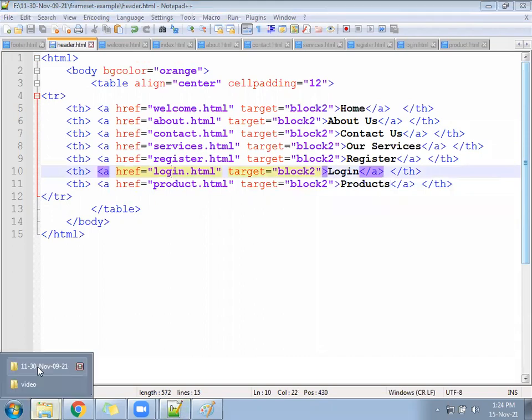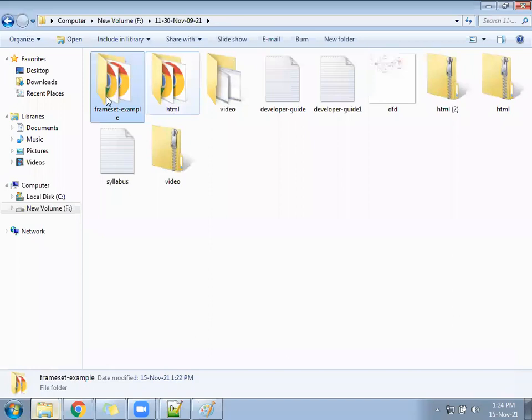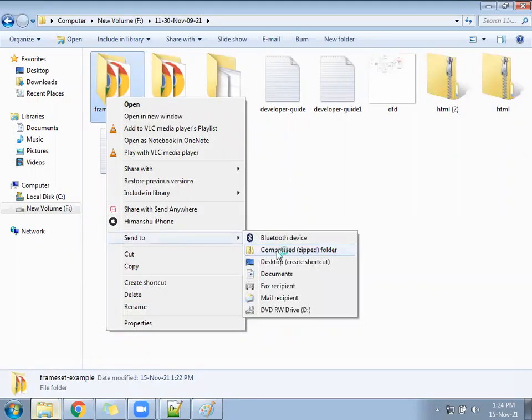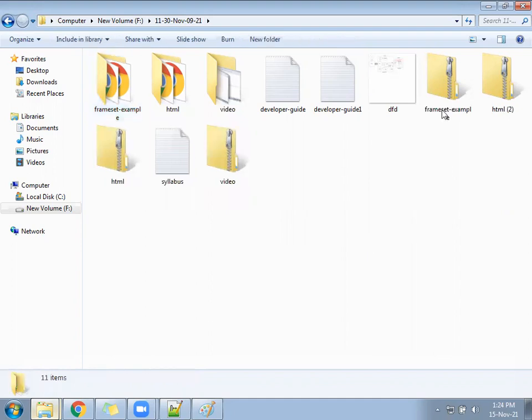This complete HTML frameset folder will come in the chat. I will send it in zip format. After downloading, you need to extract it, and if there is any error, you can replace any file. It should help.